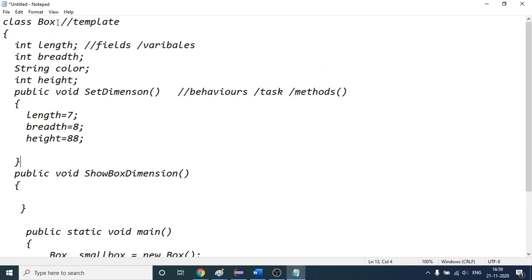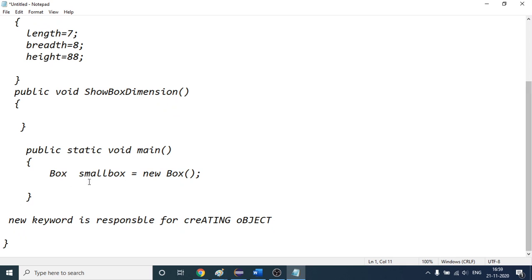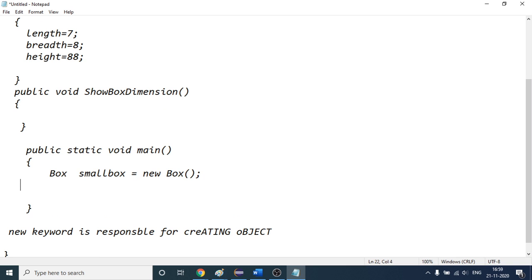This is our class box. So you have to first create the object of this class. Here you have created the object with the help of the new keyword, right? After creating the object, this reference variable will help you to call each and every method present inside the class. So if I say small box dot,